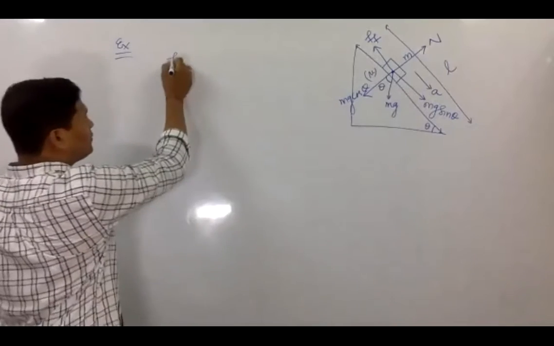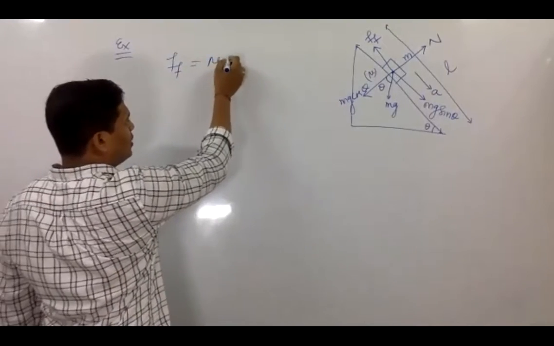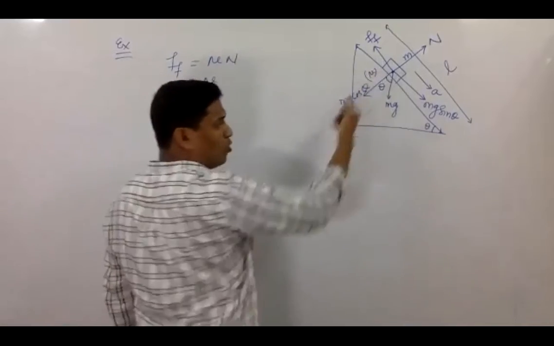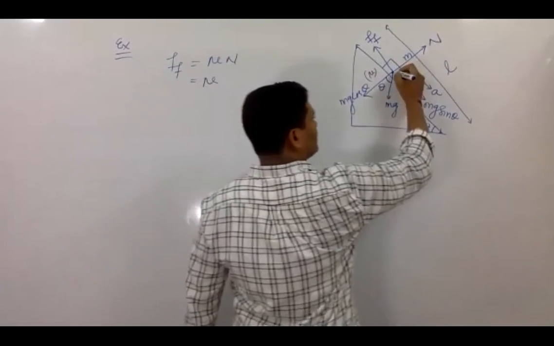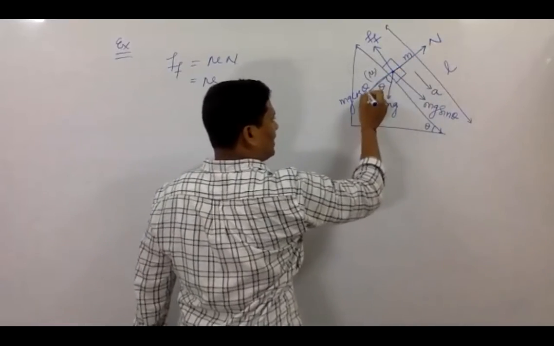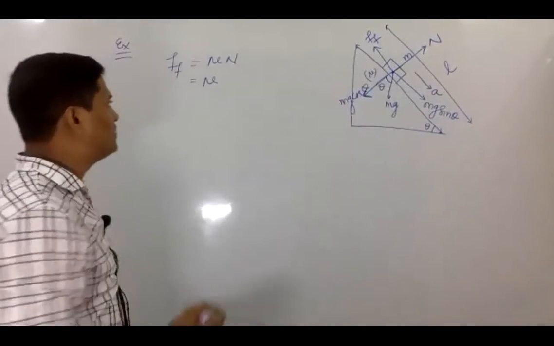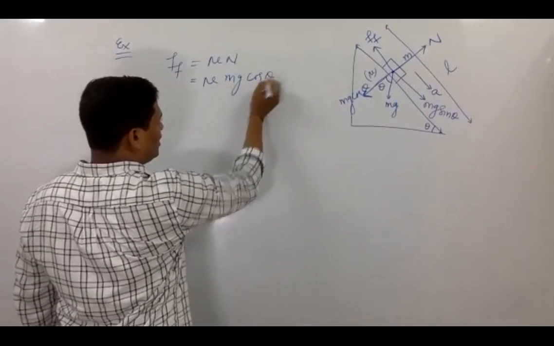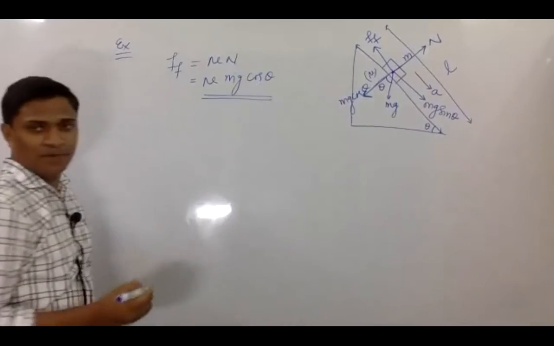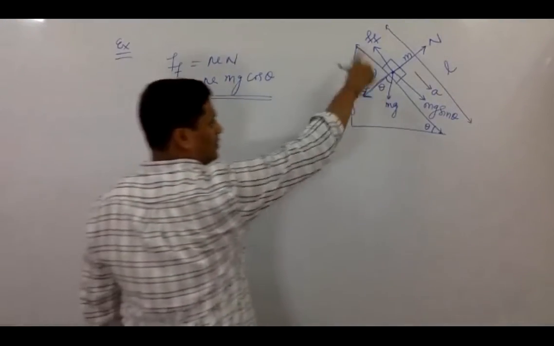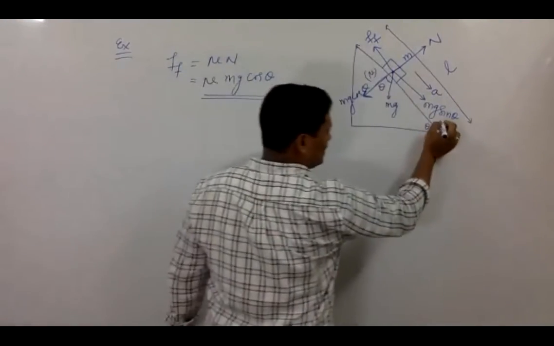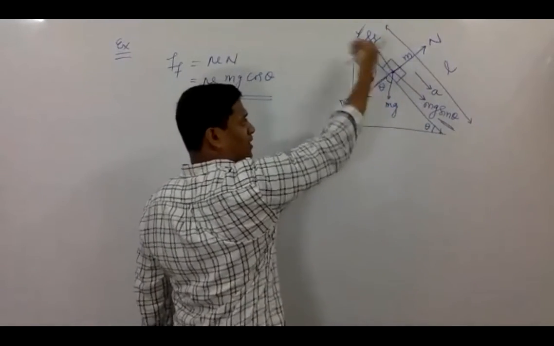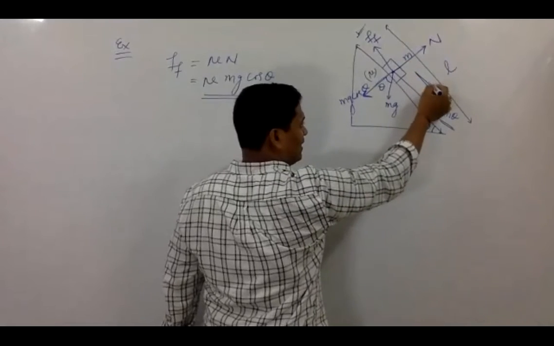If I find the force of friction first, then force of friction is equal to mu times N. In the question, mu is given, the coefficient of friction. The normal reaction is equal to mg cos theta, so in place of the normal reaction you can write mg cos theta. You got the value of the force of friction. Then write the equations from the free body diagram: mg sin theta acts downward, the force of friction acts upward, and the body moves with net acceleration a.